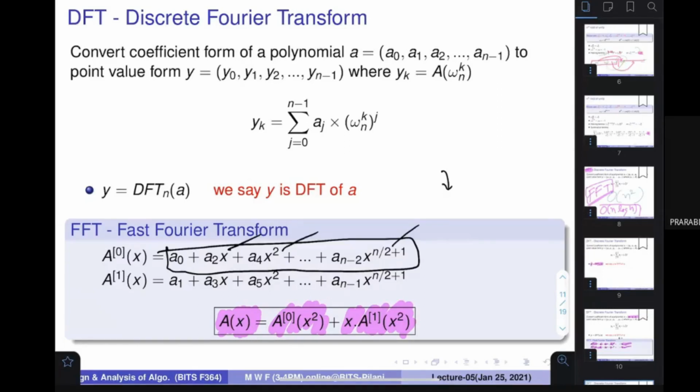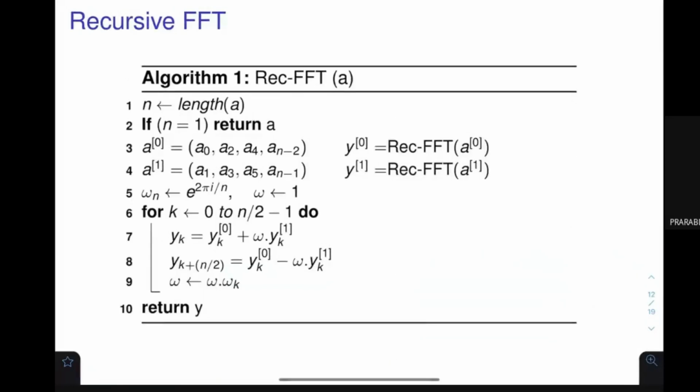So this is the recursive FFT, the way to find out the recursive FFT. It says that if the input contains n items, first you find out the length, so that you can tell what the omega n is. If n is equal to 1, then return a. If only one item is there, then it is only a constant item, and you need not go ahead and proceed. You have to stop and return that value, because no computation is needed.